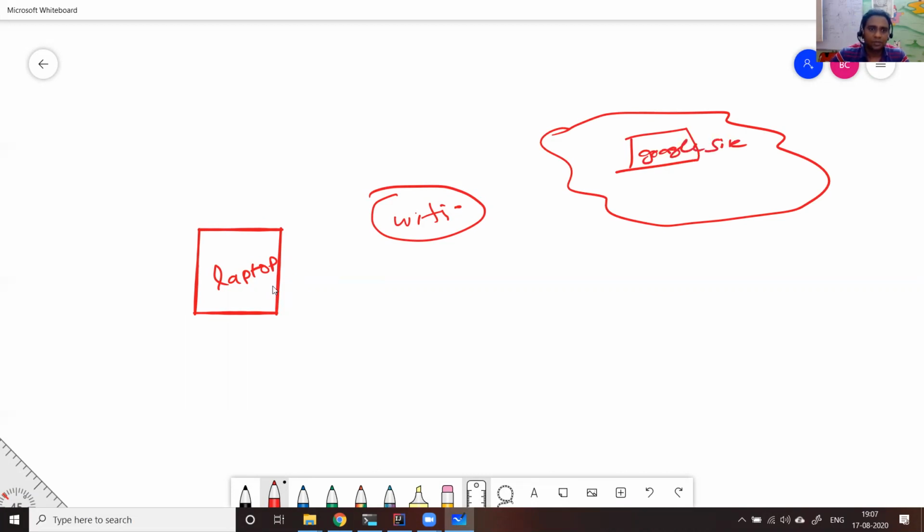You connect to a Wi-Fi router for internet, and the Wi-Fi router speaks to the Google website. There are a lot of hops that happen, but I'm simplifying for the sake of explanation. And the response comes back out to the laptop.